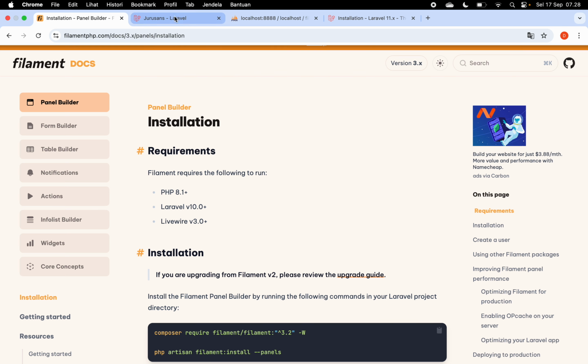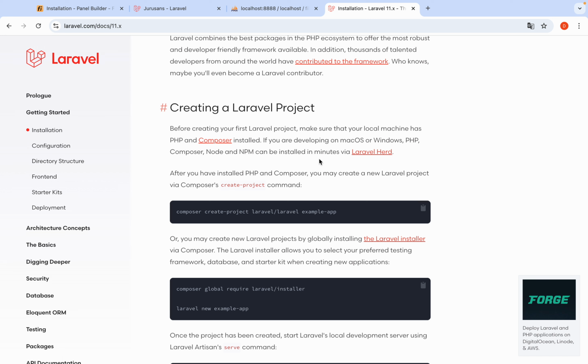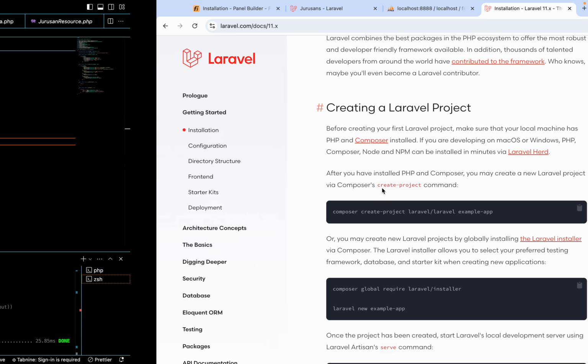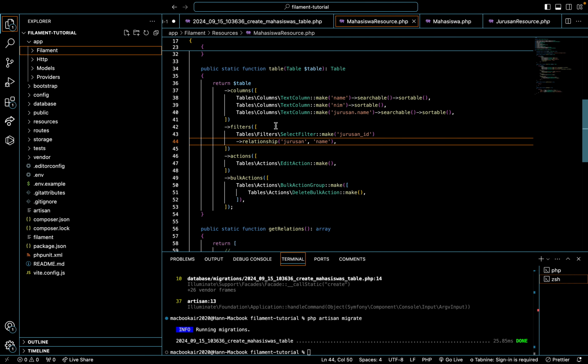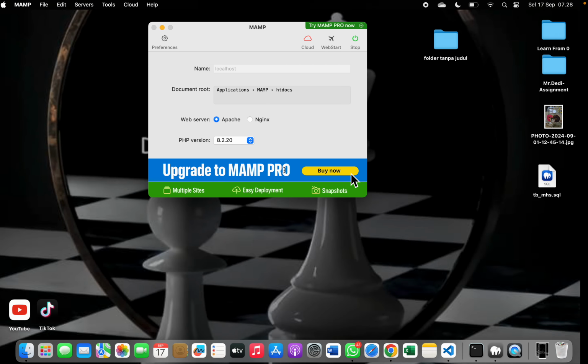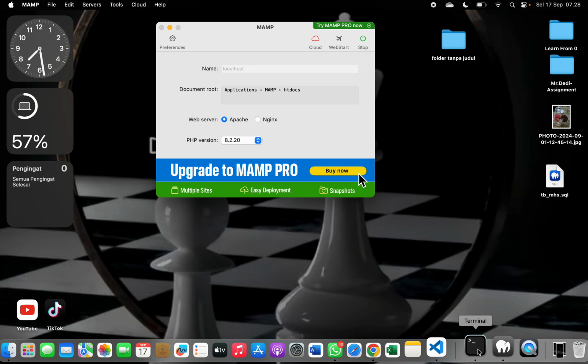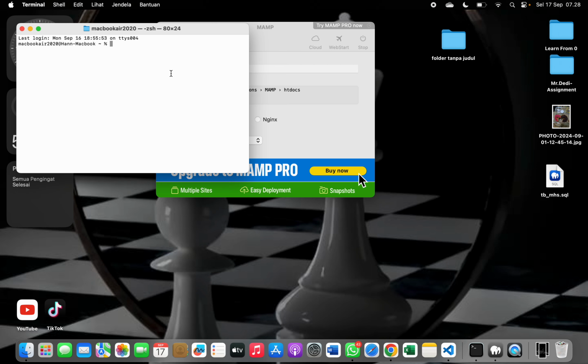Okay, the first step is to open the Laravel website and copy this. Go to Visual Studio Code, open the terminal, and paste it.